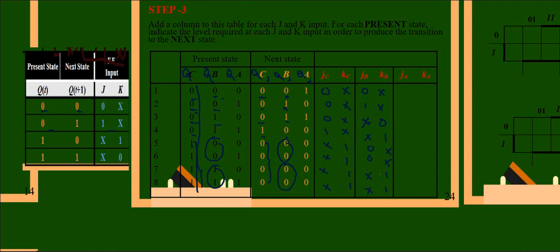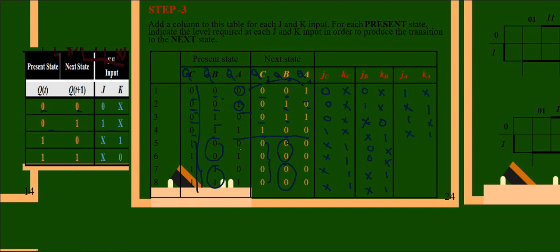Now JAKA, listen to this portion. Up to this point, it is either going from 0 to 1 or 1 to 0. Here it is 0 to 1 and here it is 1 to 0. So 0 to 1 is 1 don't care, and 1 to 0 is nothing but don't care 1. This is a similar operation next, 0 to 1, 1 to 0. So copy down 1 don't care and don't care 1.